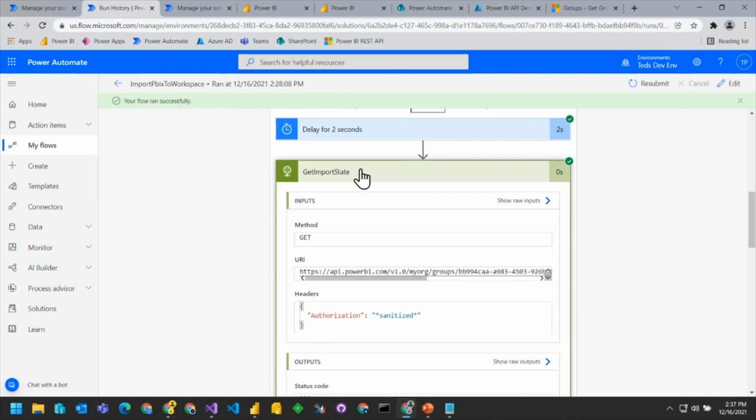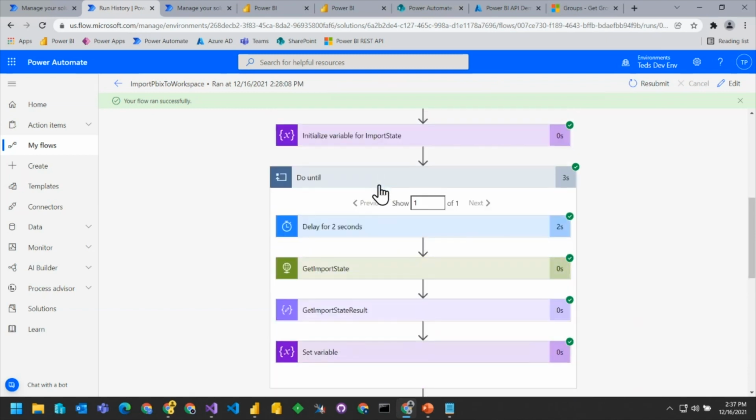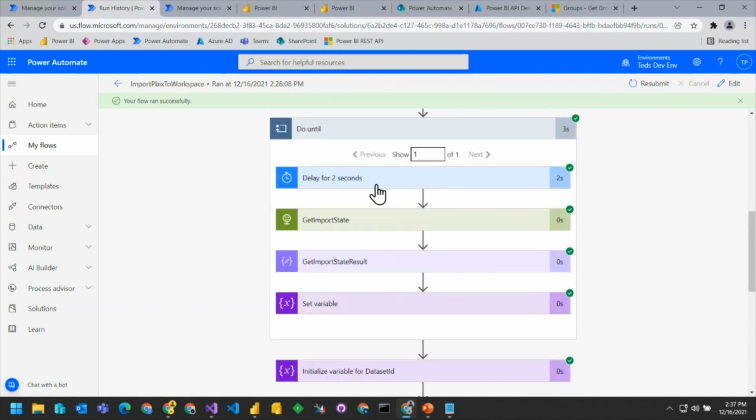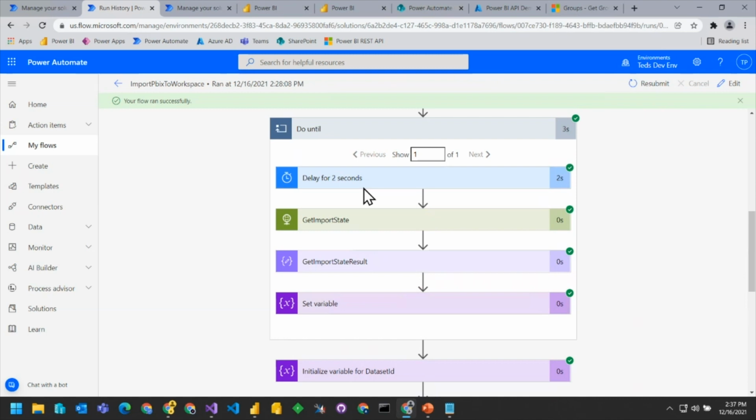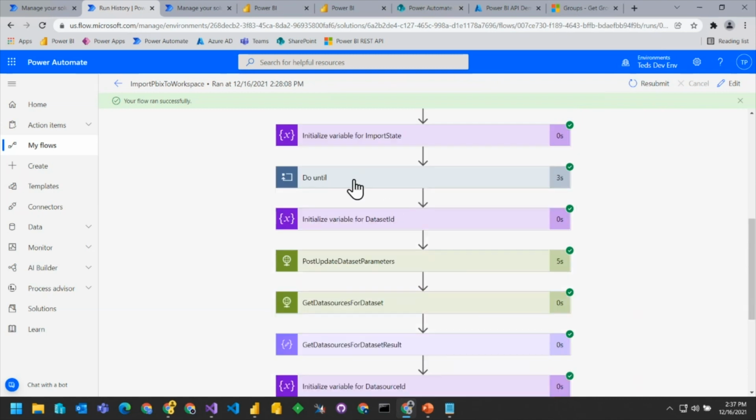And when you look at that status, we're going to keep running this until we have a status that says complete, and then we keep going. The reason we need to do this do-while is that we've just uploaded a PBIX file, so we have to pause and keep saying, are you done yet? Are you done yet? And when it is, we fall out of this loop.